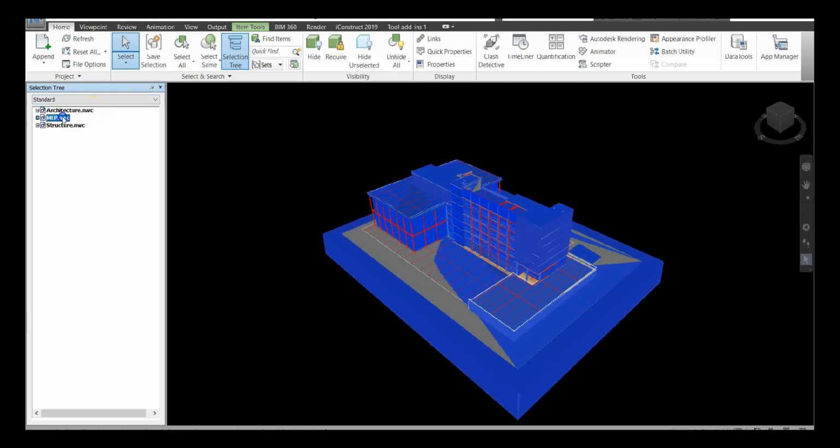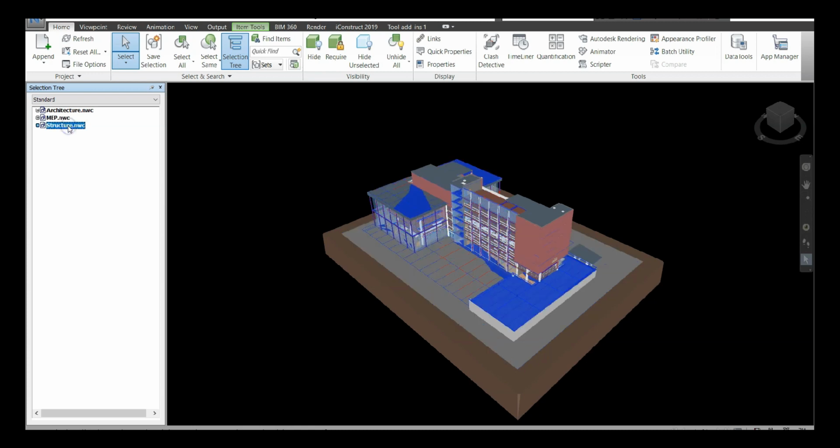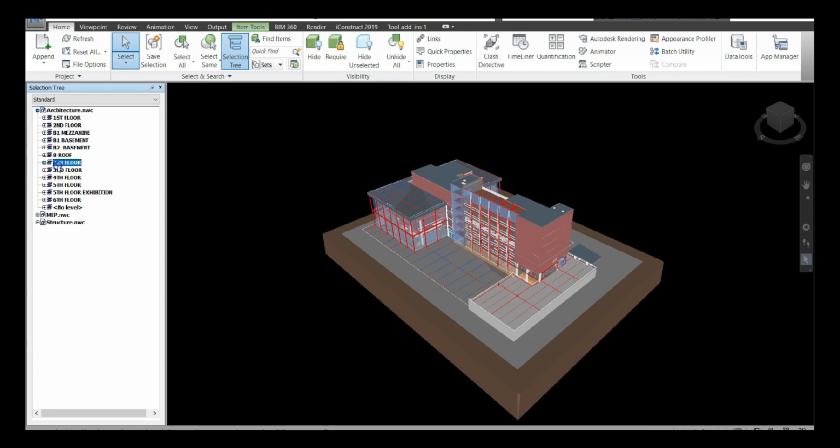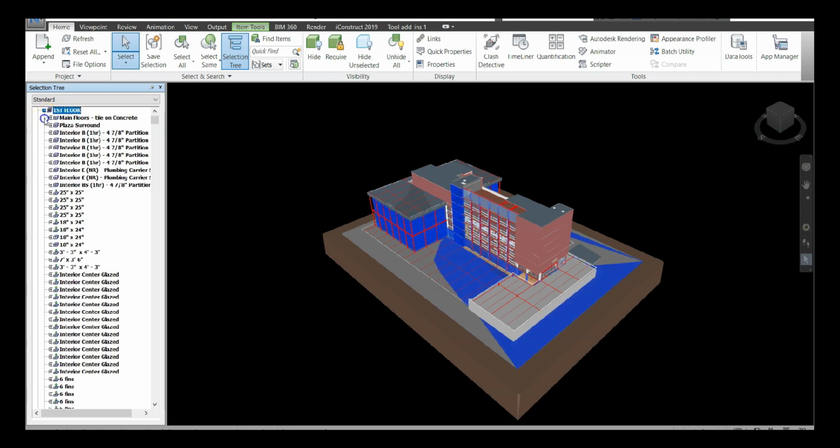I can select each one. If I take the architectural model, for example, I can open or expand here. And within here, I can see all the different floors. And I can select each one. And within each floor, I can expand it further, and I can see all the objects within that floor. For example,